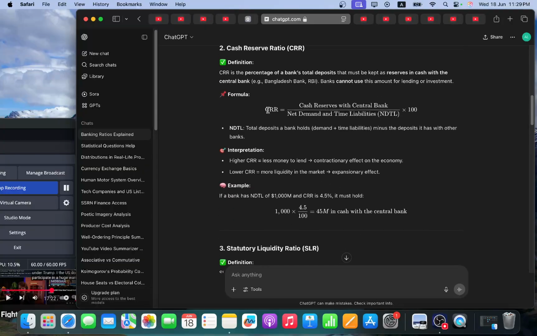So this is what it measures. One thing I did not understand is the NDTL, net demand and time liability. I don't know what this is. Total deposit a bank holds, demand plus time liabilities minus the deposits it has with other banks. So NDTL is something that I don't want to get into right now. I'll probably get into it when